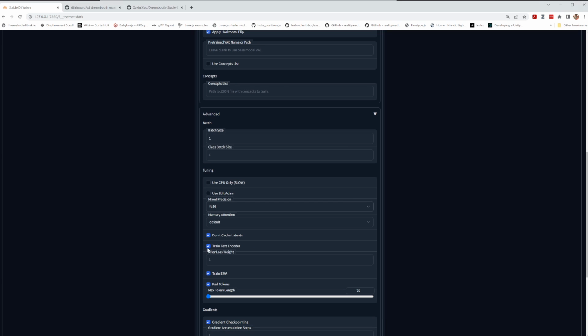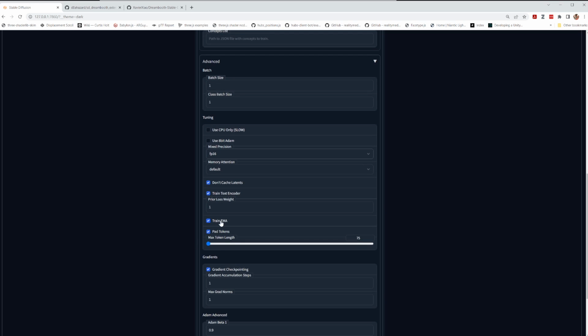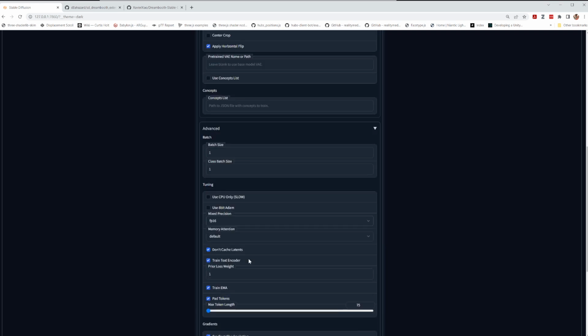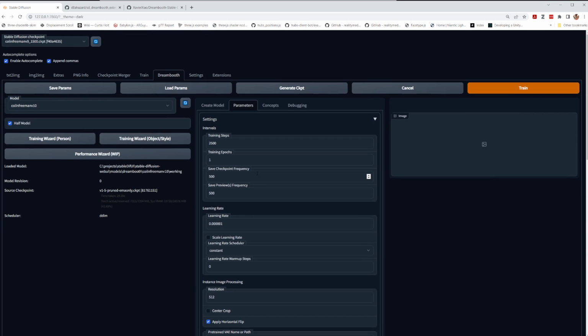You do want to have the train text encoder set. I don't have to use the EMA, but I want it because I find it gives better results than without. And that's it. Okay, so once we've got that,